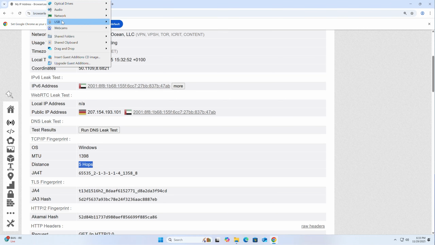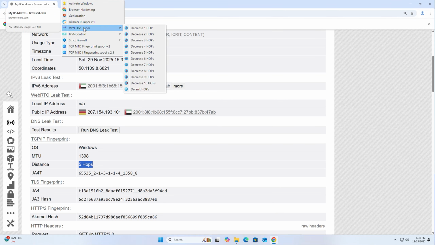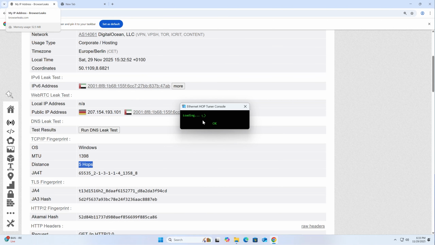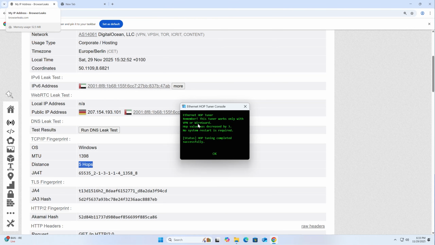Also, we can now on the VPN Hop Tuner tab, for example, let's lower by 3 hops. The command is loaded again. It all depends on how we installed this OpenVPN correctly.